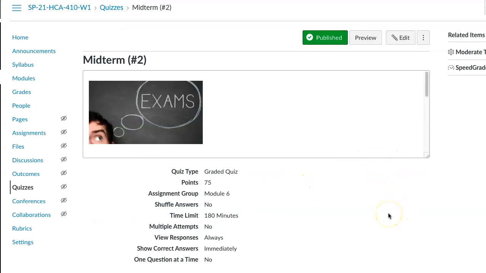It does pull them up randomly, so there's a bank of questions that are typically randomly drawn. I think I have a random draw on this. So you all have the same number of questions. The order may be different than what you see here. But again, these questions should float up at some point in the midterm when you're taking it. All right,